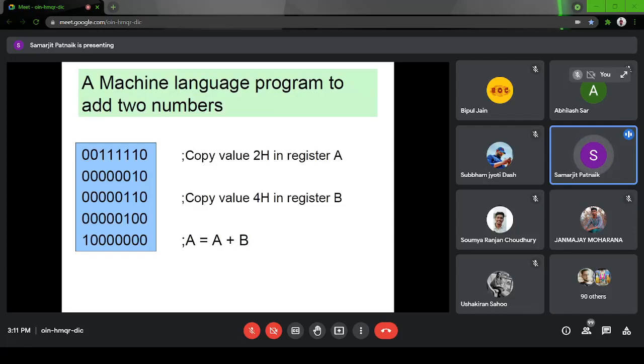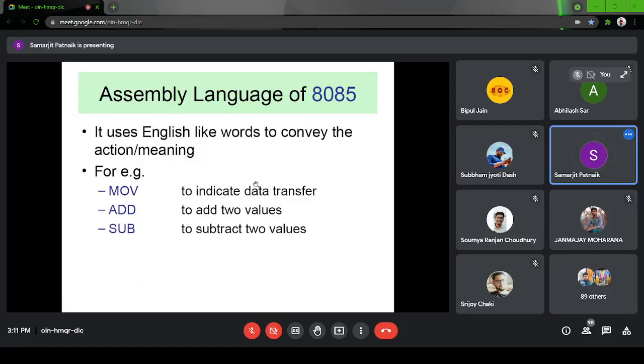So if we want to add two numbers, let us come back to this slide after some time.